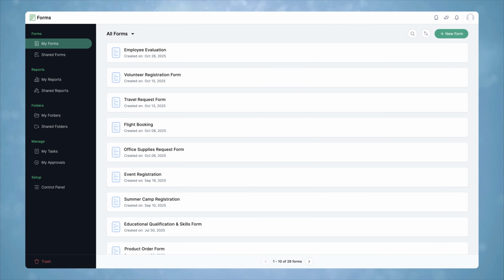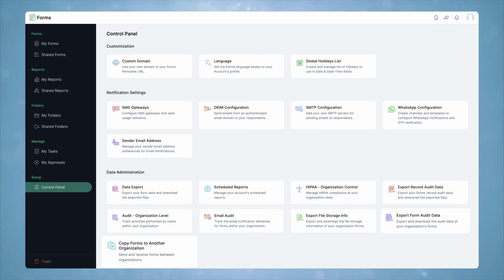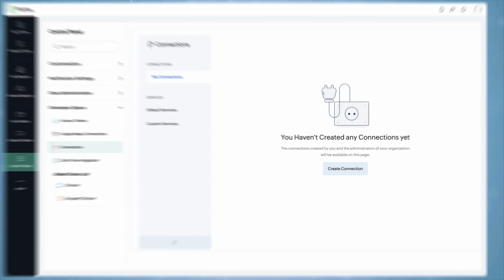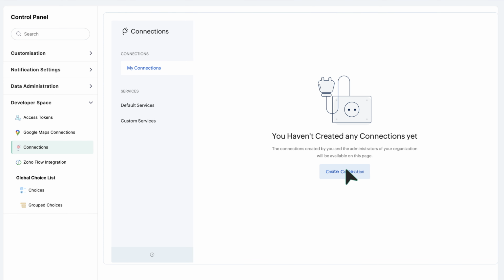To achieve this, we will first need to connect this sheet with Zoho Forms. To connect, in your Zoho Forms account, go to Control Panel, click Connections under Developer Space, click Create a Connection,